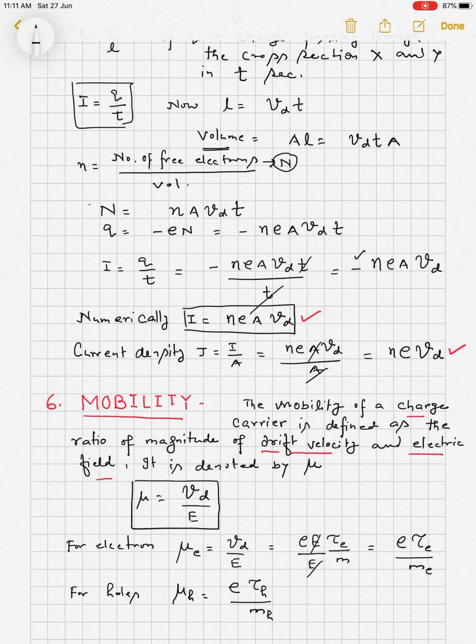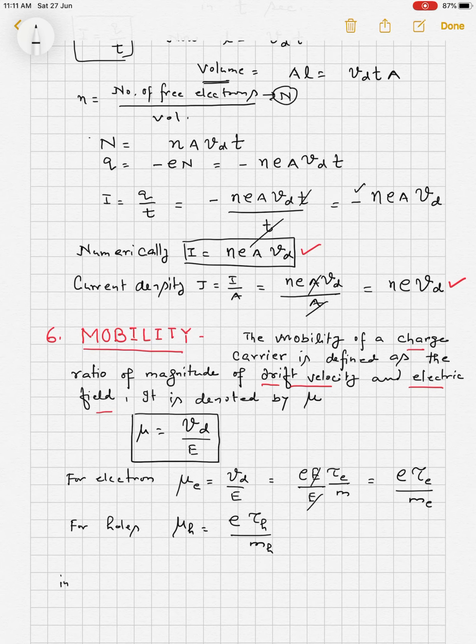So if we write the current density J for a semiconductor, it will be due to electrons and holes. In semiconductors, J is equal to Je plus Jh. If we want to write this, we can write it in this way. So in a different form we can write this formula.